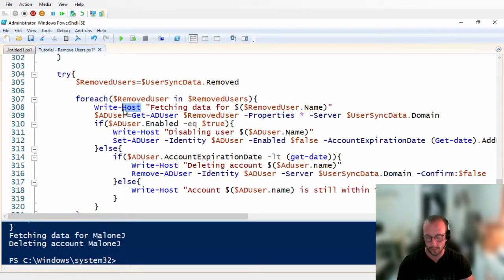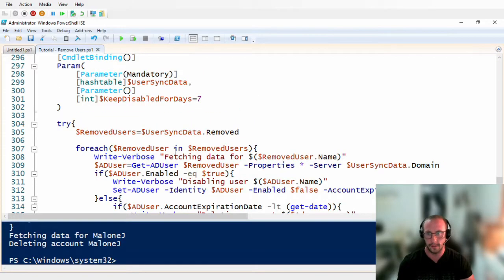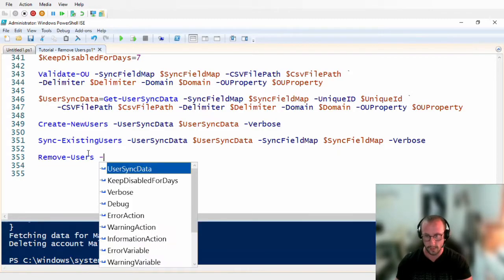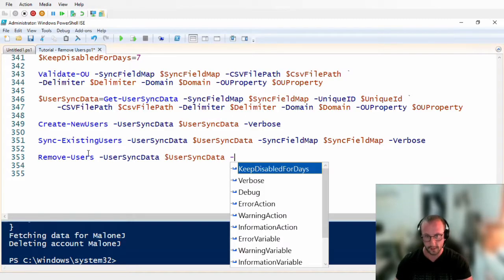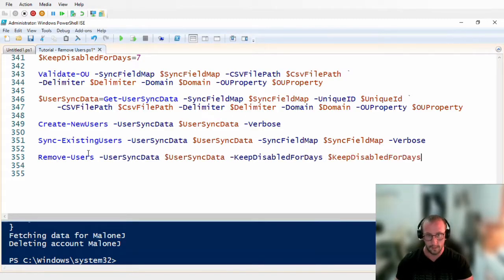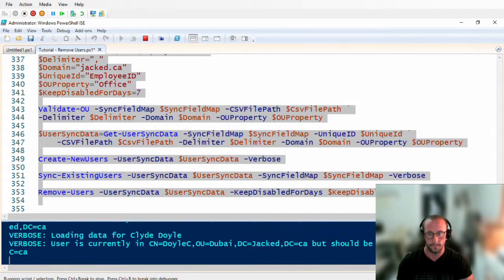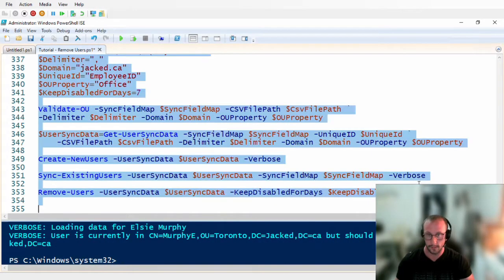So now what we're going to do is just change these to write verbose. Perfect. And let's call this remove users, user sync data. All right, and then if we do a verbose,